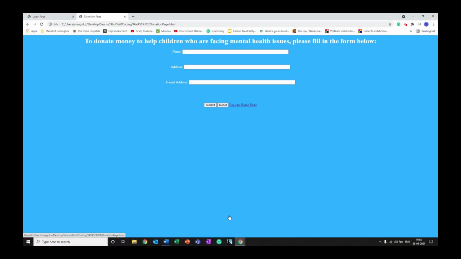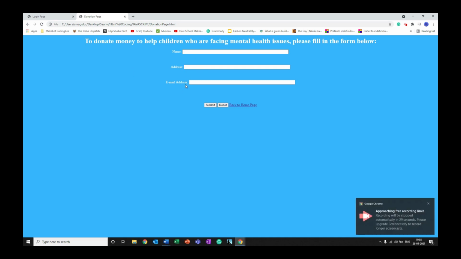So next is the donation form. First I've added some text over here. This is also a form as it said in the button. So it says, to donate money to help children who are facing mental health issues, please fill in the form below. So this is a shorter form. It's three text boxes. So when I say name,